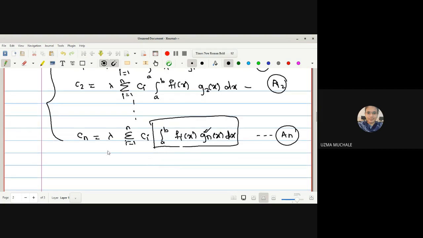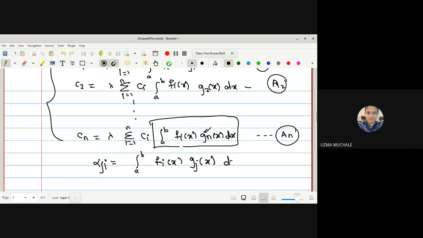So for that, what we will do, we will substitute this as some other constant alpha ji, because the limits of integration are constant. So after solving this whole integration, no doubt we are going to get some constant, so we will rename it alpha ji: integration a to b, fi of x into gj of x.